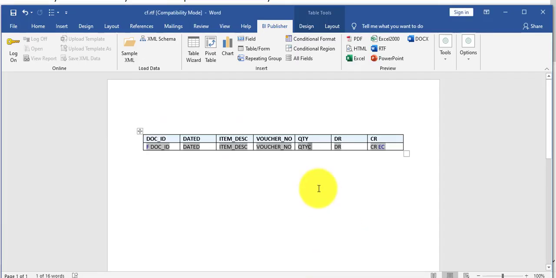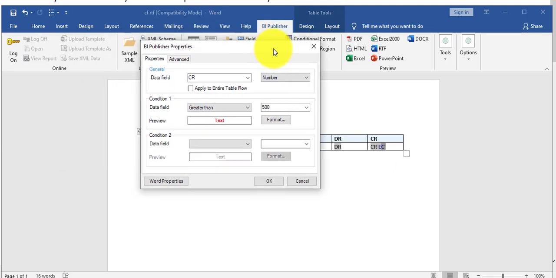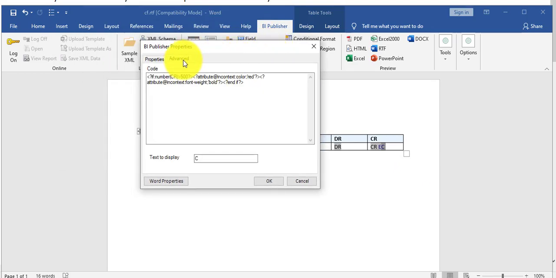Guys, if you double click on a field, you can also see advanced options. You can check this is the formatting which was auto generated. You can also create it yourself.